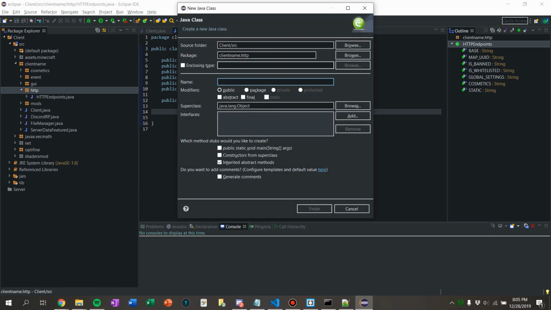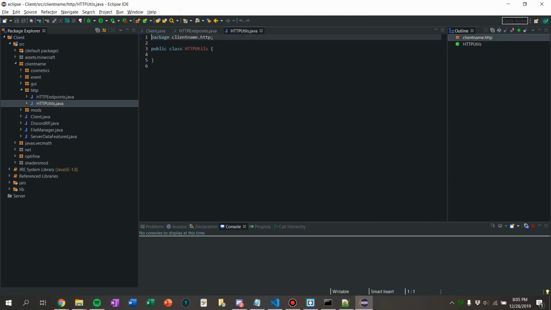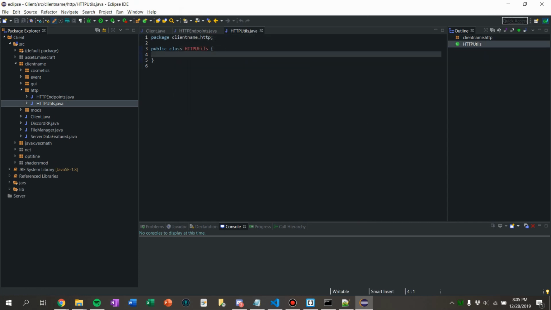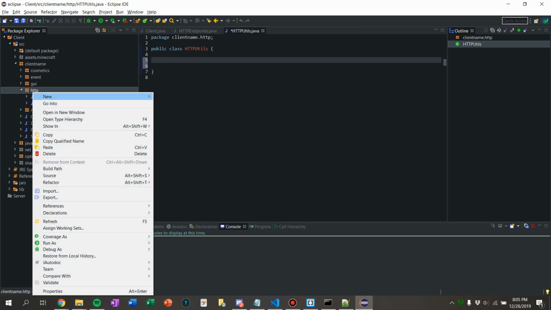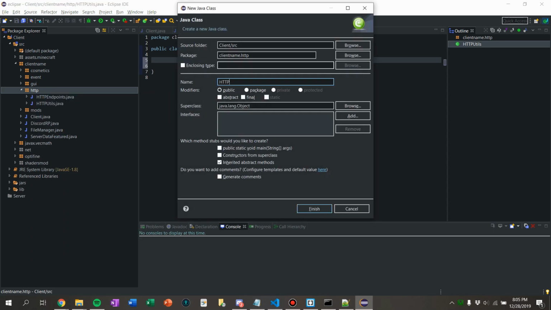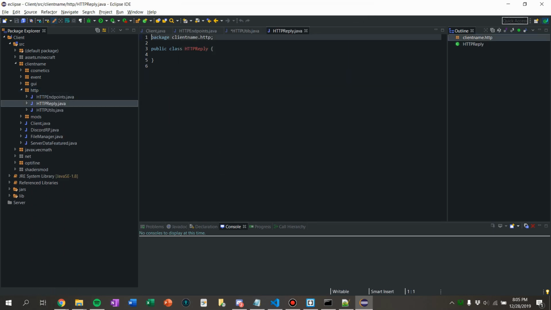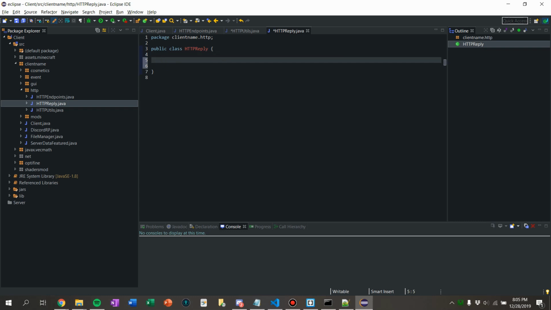I'm going to create a class called HTTP utils, which is going to be utilities for pinging a server. So we're going to first make another class inside of it. Public static class. Actually, I'm going to make this outside of this class. It's going to be easier to understand. So we're going to make HTTP reply, which is just going to be